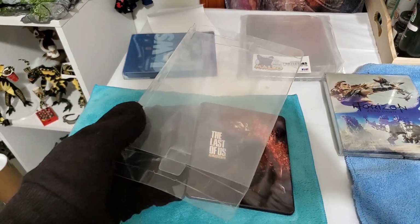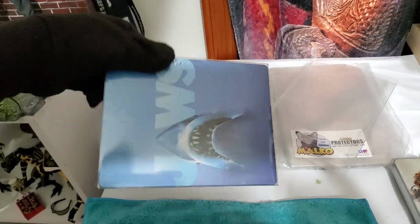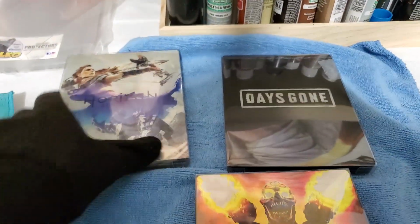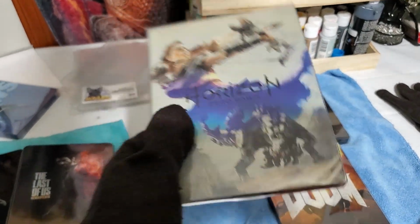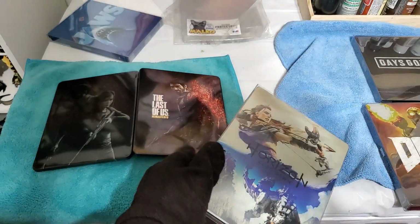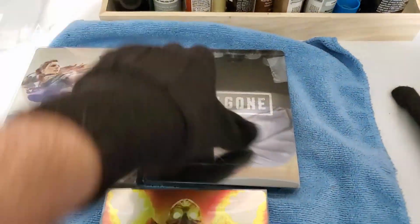Just like a crime, I'm going to put it in this protector. Same thing I got with my Jaws, and the same thing for the other gaming steelbooks. Now, the custom steelbook idea is something that's interesting because some game companies and movies, for some reason, they decide